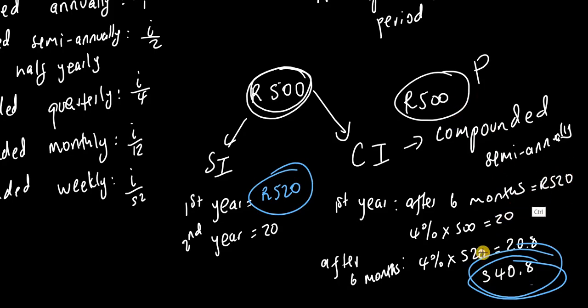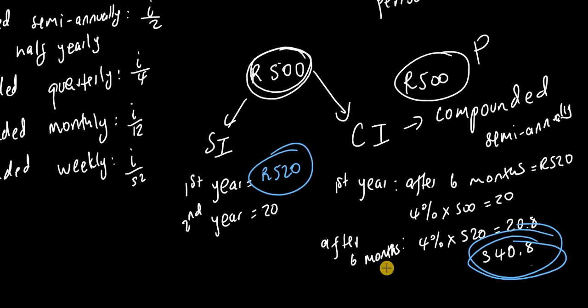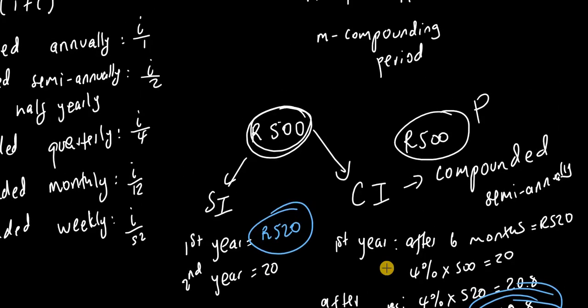Then I got 520. Actually, after 6 months here, you actually don't. The real calculation is that you don't use 4% both times. You actually don't use 4% twice, but rather what do you do? Right, so let's talk about the real calculation. Here I just wanted you to get an overview of how your money is earning interest. But in reality, if you invested